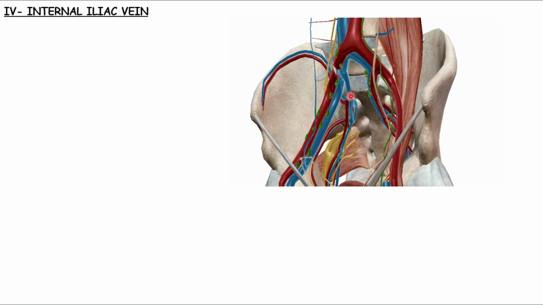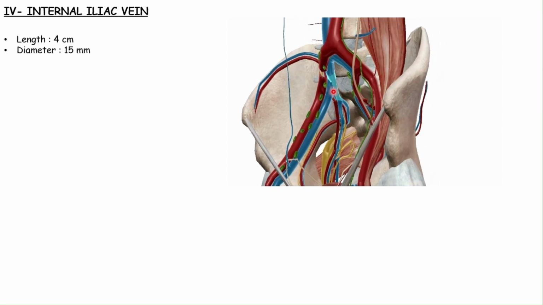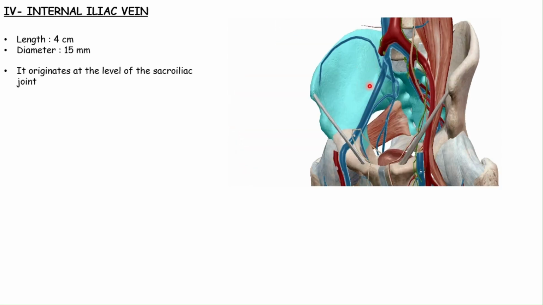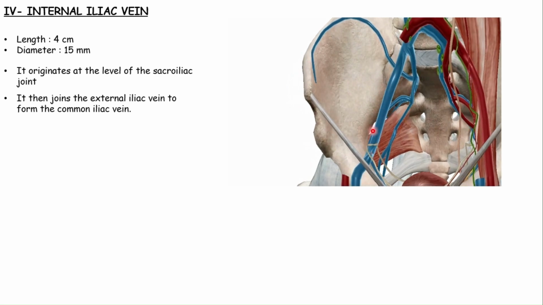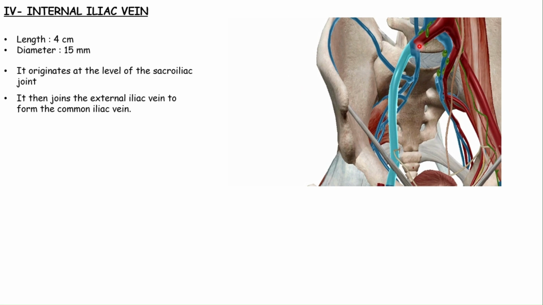Moving on to the internal iliac veins. The internal iliac vein is approximately 4 cm in length and 15 mm in diameter. It originates at the level of the sacroiliac joint. It then joins the external iliac vein to form the common iliac vein. It is anatomically related to: